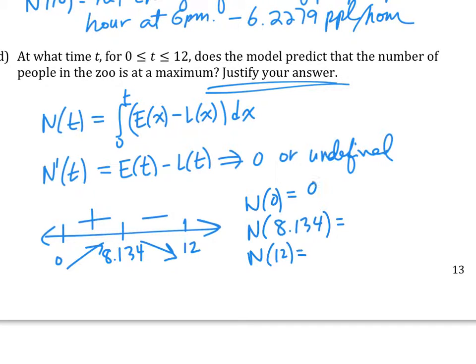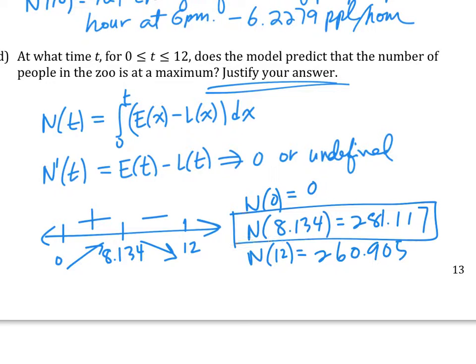Okay, N of 0 is 0, obviously. They said there was no people at the zoo at the beginning. N of 8.134 is 281.117, and then at 12 hours it is 260.905. So the biggest one is this one. So to justify your answer, first you had to say, how did you decide that 8.134 is a relative max? So you say t equals 8.134 is a relative max